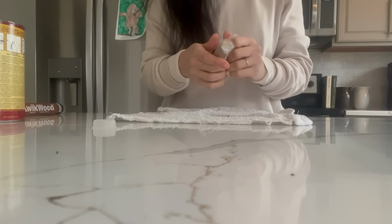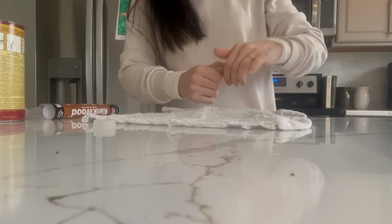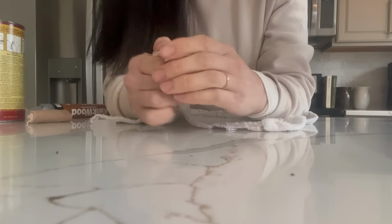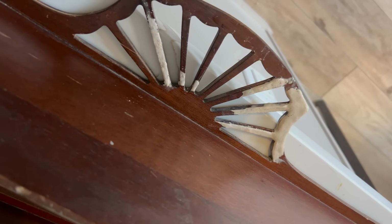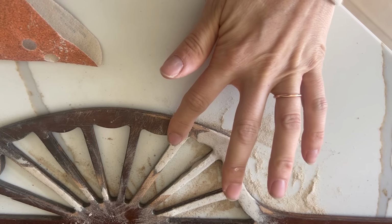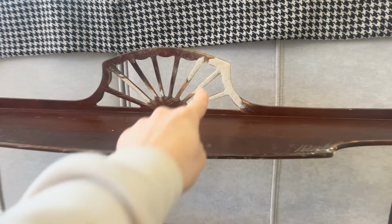It's almost like a clay material, but what is nice about this is that you can mold it to whatever you need, which in a piece like this is really important because there was a lot of details in that top section there. So I wanted to make sure that I would be able to mold that Quick Wood on. And of course I can just sand it off and make it nice and smooth, but I like to do that so then that way it becomes all uniform. After we go in with our paint and our stain, you would never know that there was anything missing from